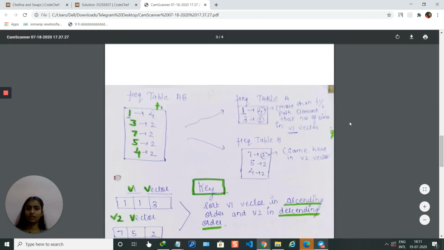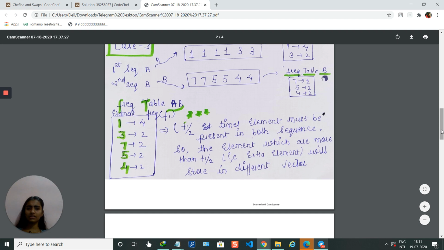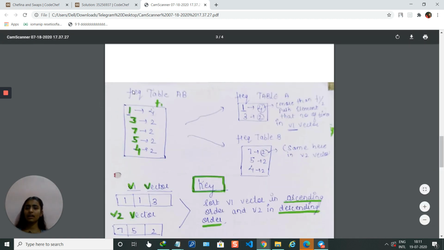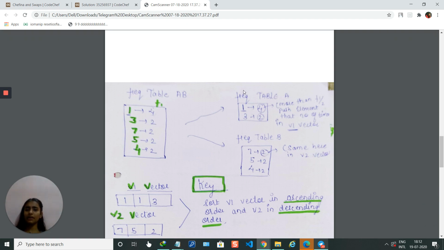See here. Our main task is, I have denoted frequency by F1. This F1 frequency should be equally partitioned into F1 by 2 in the first sequence and F1 by 2 in the other sequence.